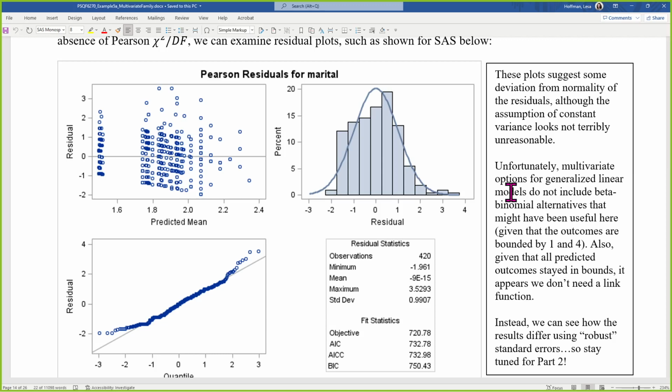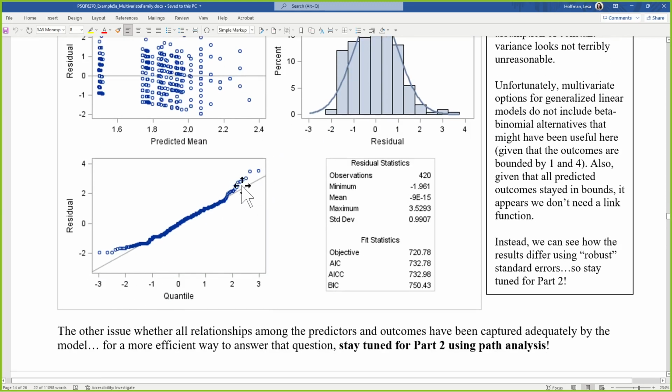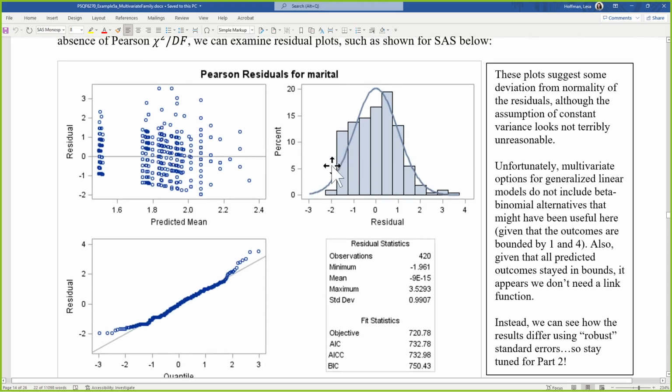Exactly. We're all making the same head movement here in class. It's not like terrible. I mean, it's not like they're supposed to be on the little line here. Although honestly, these quantile plots are never useful to me. I don't find them intuitive, but I can look at this and be like, well, there should be more over here and there's not, and there should be a little more over here that there's not. And the reason for this stacking, by the way, this is a bounded data problem, right? The outcomes can't go past 1 to 4.